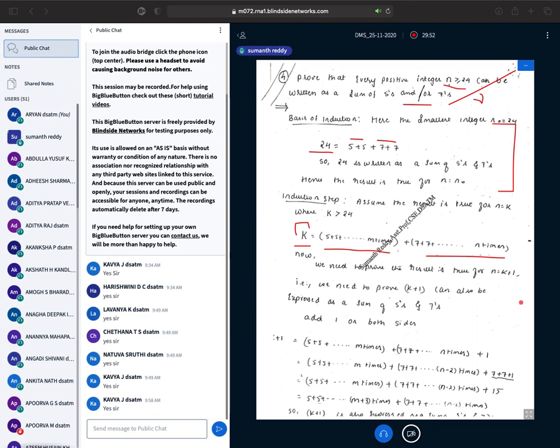What is the next stage? Next stage is very simple. I need to prove that the statement is also valid for the next number, obviously k plus 1. So I will just add plus 1 on both sides. In the LHS, it will become k plus 1. In the RHS, along with the m number of 5s and the n number of 7s, plus 1. But to prove this statement is valid, I have to use only 5s and 7s.